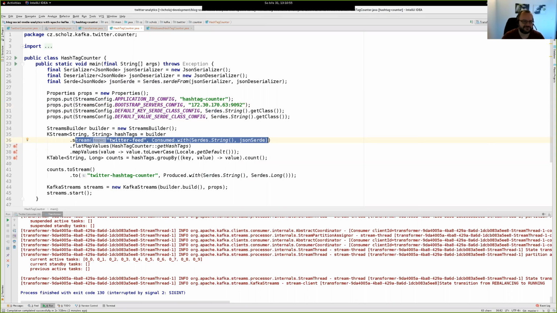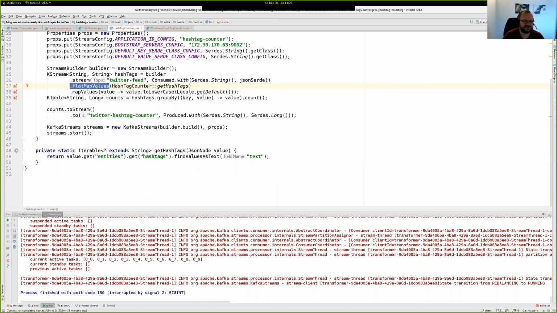Then the transformation I did in the previous example was really just a simple one, where I took a single message and transformed it into another message. But what if I want to flatten the structure in the payload, and from a single message I want to create 5 other messages? So that's what this flatMapValues can be used for, where basically I use a function here, but out